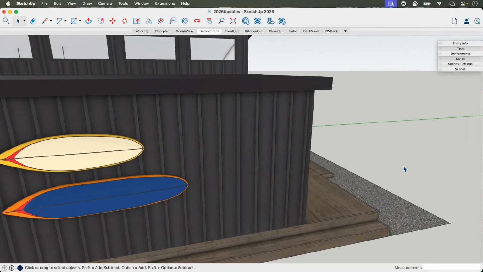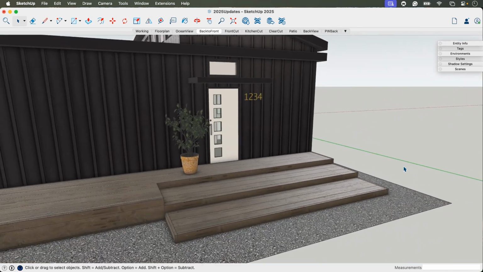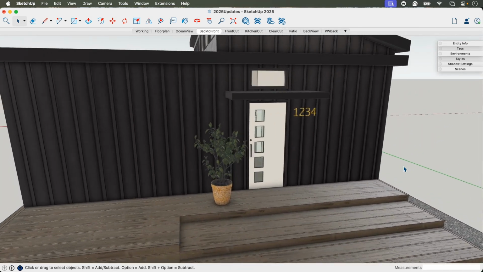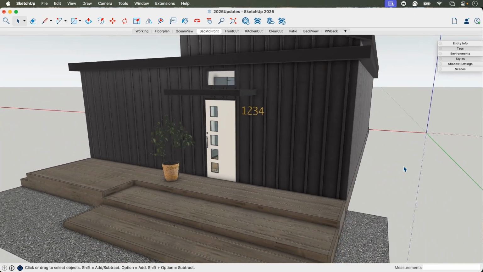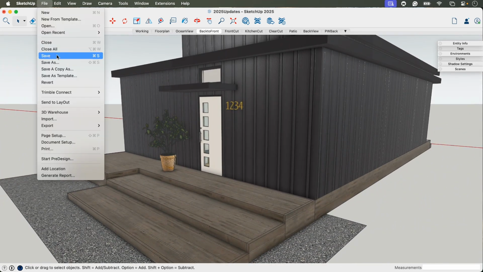I should probably be saving this throughout. I do have autosave on, but I like to manually save things every once in a while just to make sure any major changes are applied. So I'm going to go to File, Save, or Command Save, Control Save, however you like to save. Now,